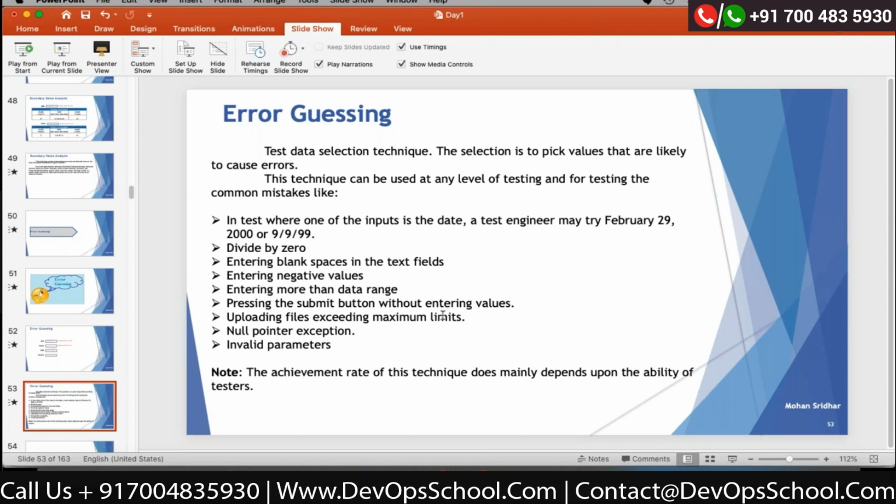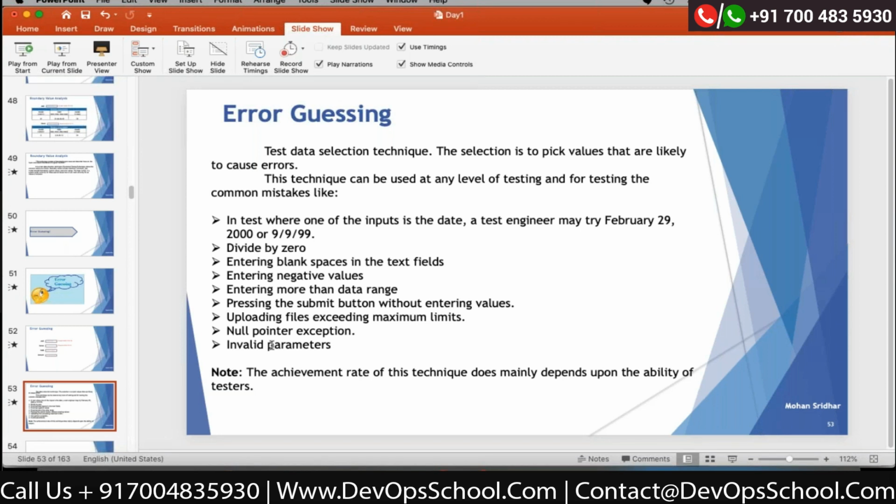If it is not specified in the requirement, during the requirement discussion phase, those will be discussed. Maybe customer will say file should be uploaded. So what file is it? Excel, CSV, PDF, Word, what kind of document it supports, and what is the size. These are the things that will get clarified from the customer during the requirement phase.